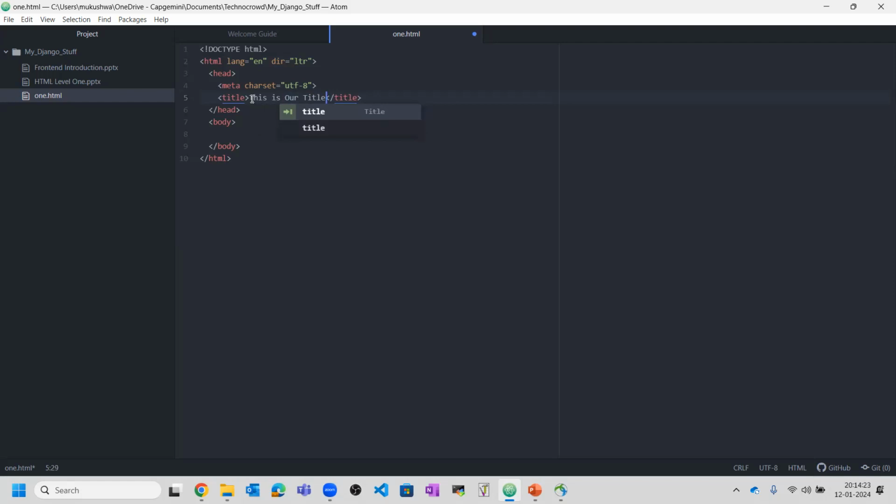Whatever you want to write, you can write your name also. Then you close that title with the help of this closing tag. And in the body, we will do everything about our web page. That is header, footer, and body section. These all things